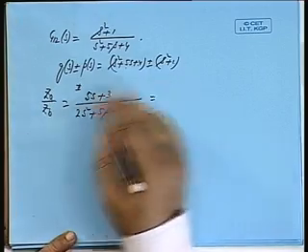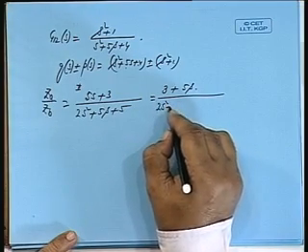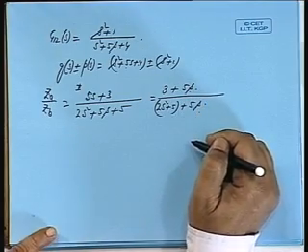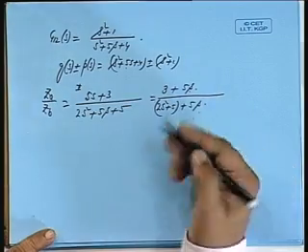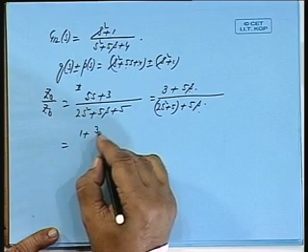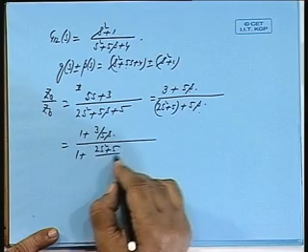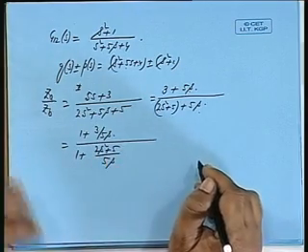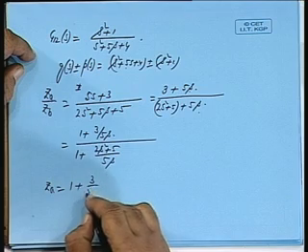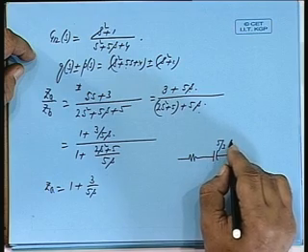Okay. So, if you separate out the even part and the odd part, 3 plus 5s divided by 2s square plus 5 plus 5s. So, these two are proportional, ratio is 1. So, divide throughout by 5s. So, I can write this as 1 plus 3 by 5s divided by 1 plus 2s square plus 5 by 5s. Okay. So, ZA I can write as 1 ohm resistance plus 3 by 5s. So, 1 ohm resistance and a capacitor of 5 by 3 Farad,